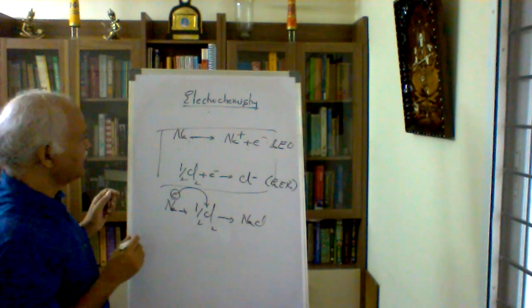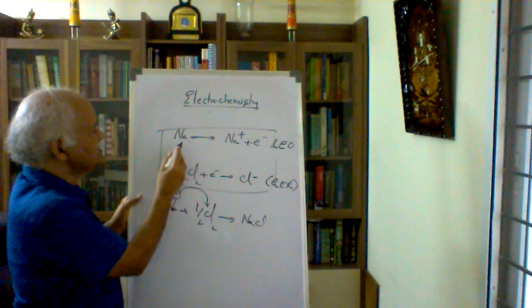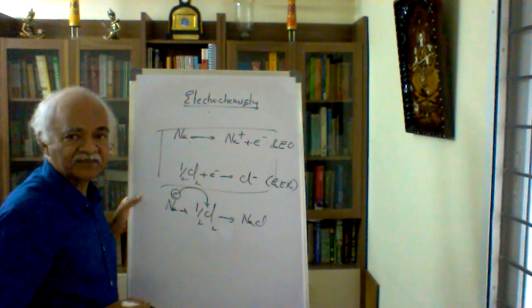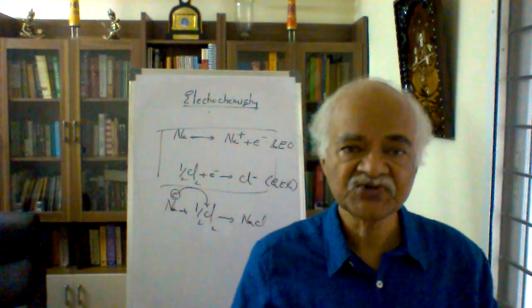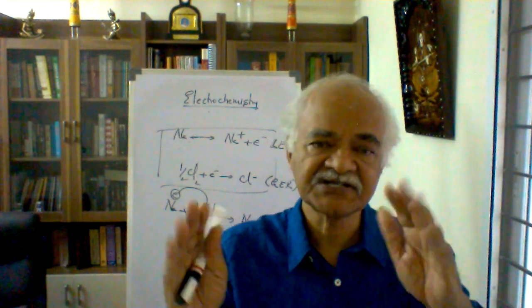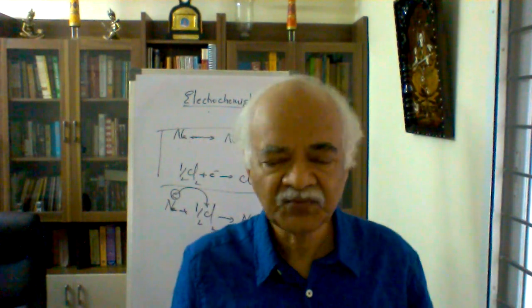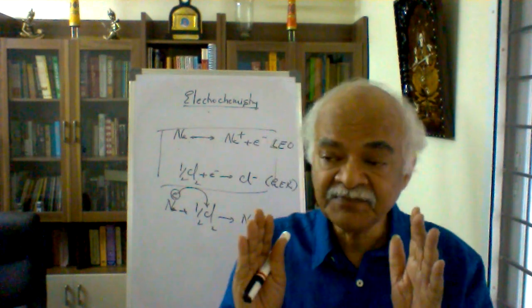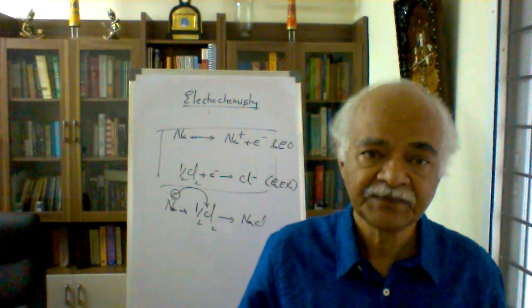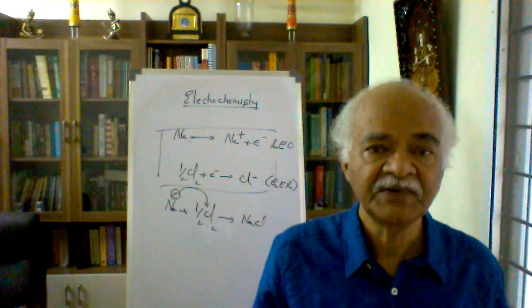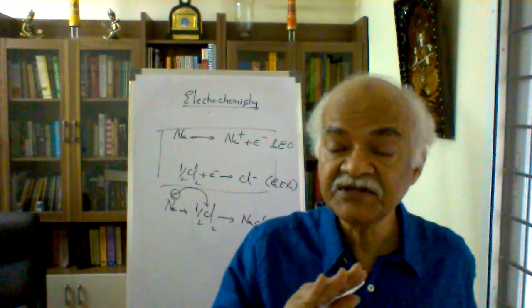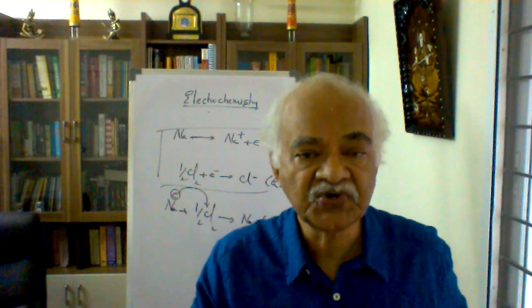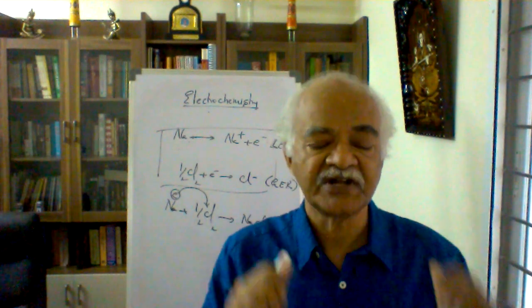Now, if you watch out here, what has happened here? Focus on this. Sodium is losing electron. You must be clearly bearing this point in mind. Sodium on its own cannot lose electron just like that. Not possible. There must be some reagent in the vicinity, in the neighborhood of sodium, which must be helping this process. Without that reagent, you should not expect sodium to lose electron.